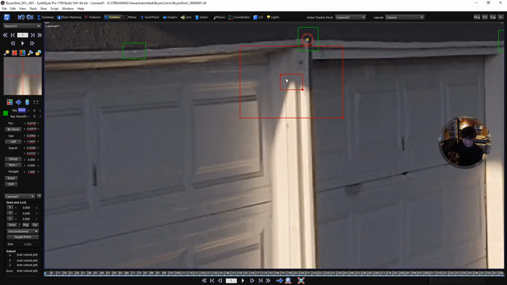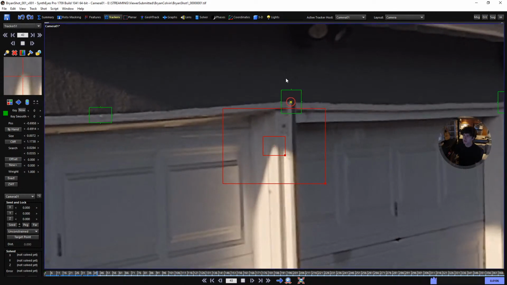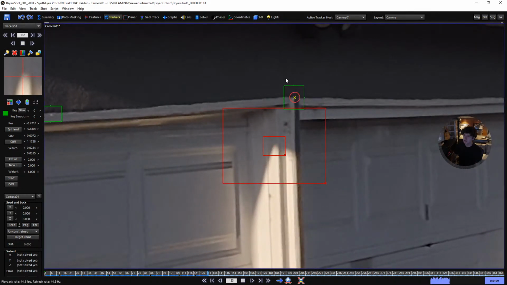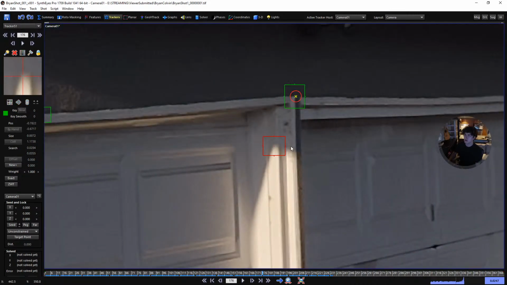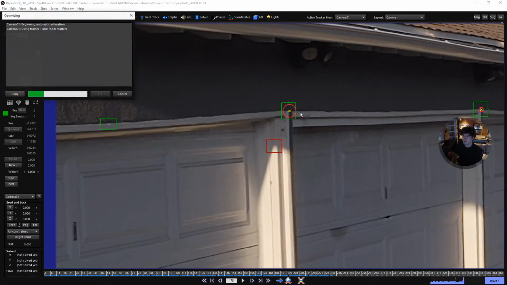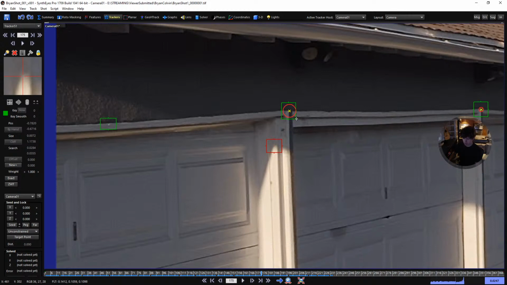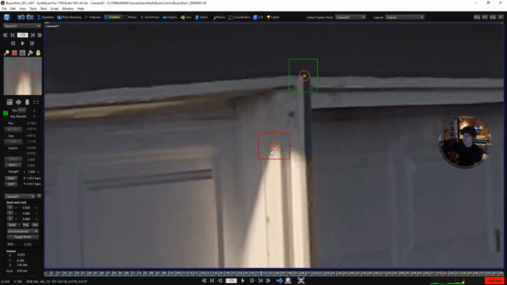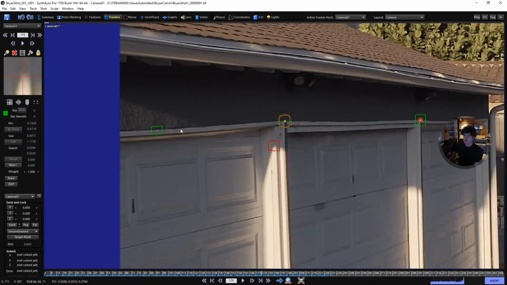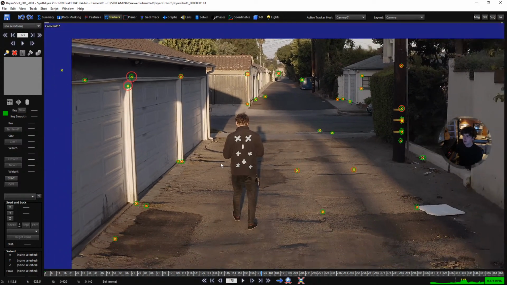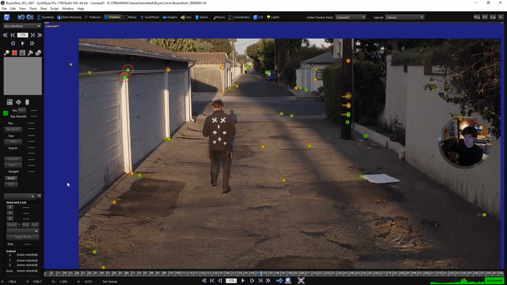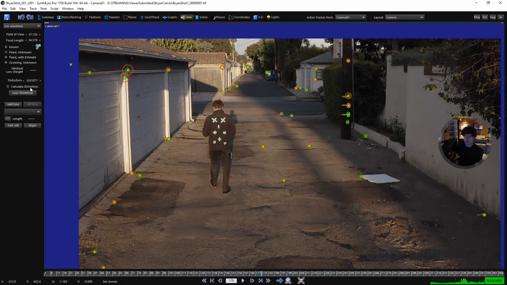And let's get one on the light here. All right, let's just see what this does now. Solve. Okay, so I solved it. It's kind of distributed the error evenly amongst these two points, which is better than nothing. But I am in an older version of SynthEyes, so I don't have any fancy distortion right now. I have